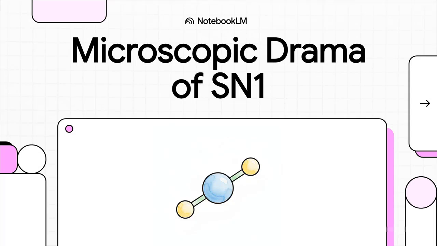Okay, let's dive right into this, because today we're shrinking way down into the microscopic world of organic chemistry. Now, if you think chemistry is just a bunch of random letters and lines drawn on a whiteboard, well, think again. What we're really looking at today is a high-stakes molecular drama. We are going to break down the highly complex, exact steps of how atoms interact, fight for position, and completely transform. Our main event for this explainer, the unimolecular nucleophilic substitution reaction, or, as you probably know it, the SN1